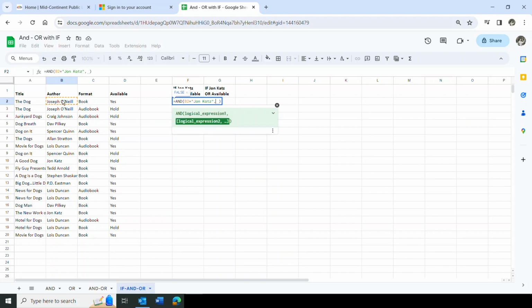Put in our comma. What is the second part of that? Is the book available? Well, that means D2 equals, and then in quotes, "Yes." And we've certainly done this before, but now that is just the test for the if statement. So we're going to come out between the equal sign and the "and." Again, it's a little easier to see